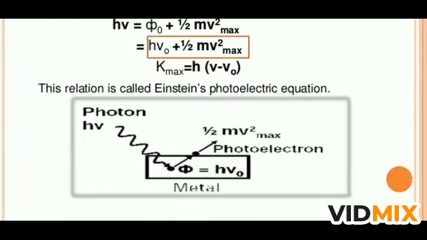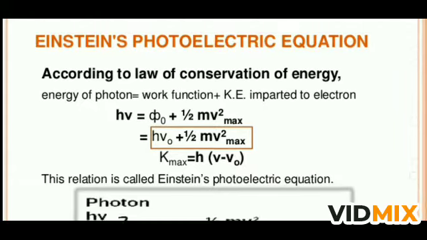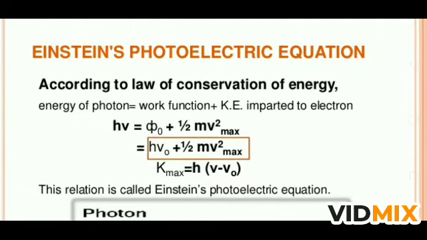And if you see in this figure also, a photon which has energy h nu falls on the metal surface. The work function of the metal surface is h nu naught. That energy h nu is absorbed by the electron, and h nu naught is utilized, and the remaining 1 upon 2 m v square is the kinetic energy. So when you add 1 upon 2 m v square plus h nu naught, it will be equal to h nu. This is the law of conservation of energy which is used by Einstein to describe this equation. So this is a very important equation.